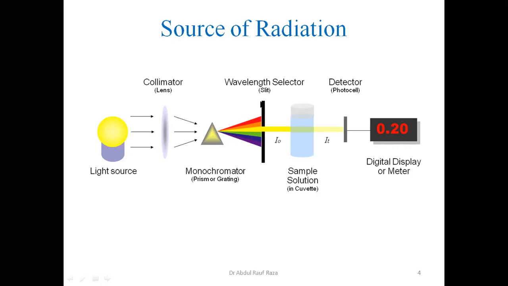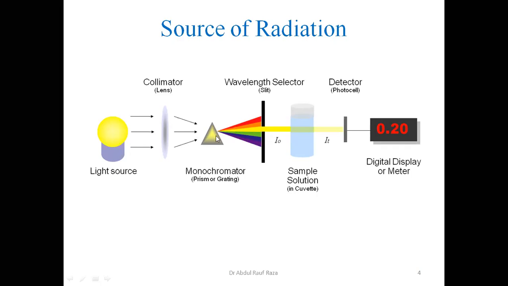So these are passing, this is a slit. This is made up of steel material, with a very narrow, thin screen from here. So when it is rotating anti-clockwise, starting from red, ending to violet, the radiation of red is passing through, and all radiations are not passing at the same time. It is starting from 750, decreasing to 749, then 748.